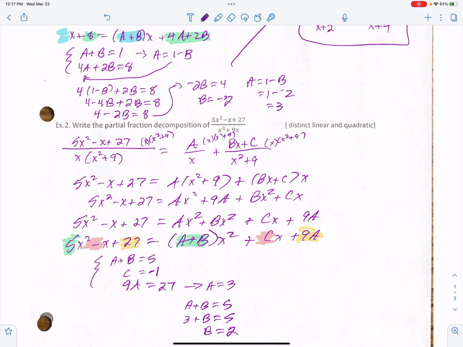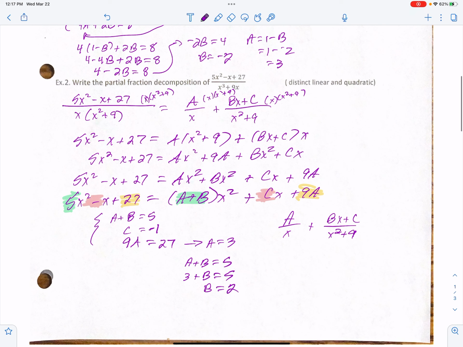Now you have to finish this up by replacing A, B, and C into the equation. You don't get to just state A, B, and C like we did on the last assignment because it wasn't set up in advance, so we could have different setups. So you have to actually write 3 over x plus (2x minus 1) over x squared plus 9. And that is